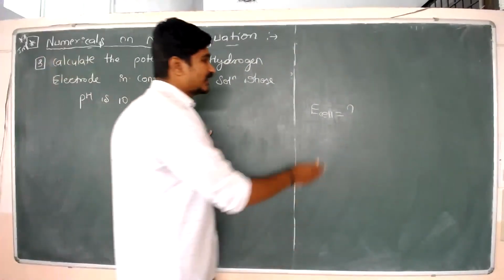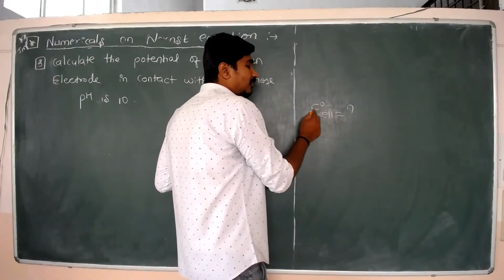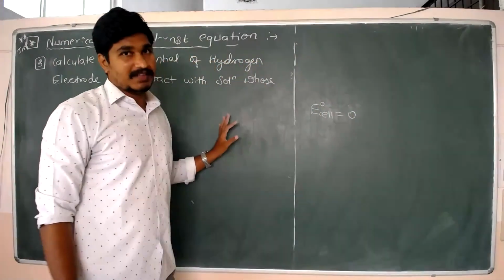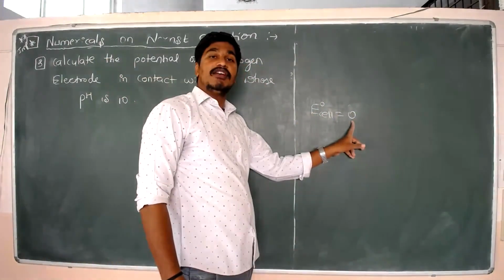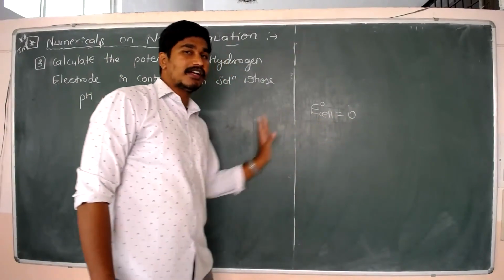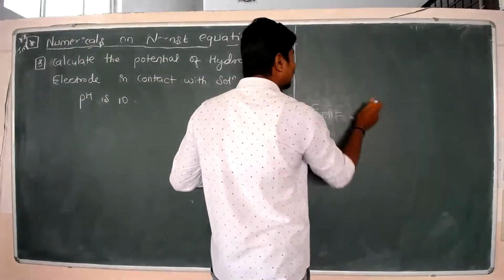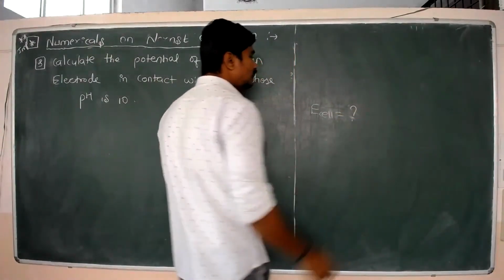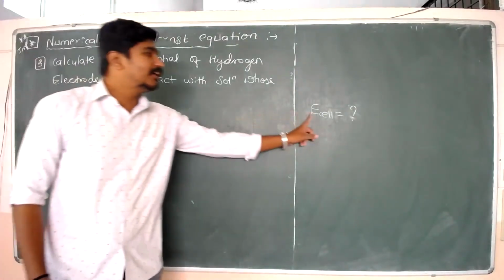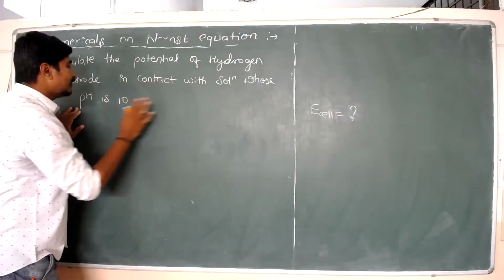If the concentration of all the ions in the reaction is 1, then E naught of cell will be equal to 0 for the hydrogen electrode. Means E naught cell value is 0 only for standard conditions, when the concentration of all the ions produced in the solution is 1. But here he says that it is not equal to 1. Correct? He is asking to calculate E cell value for the hydrogen electrode which is in contact with the solution